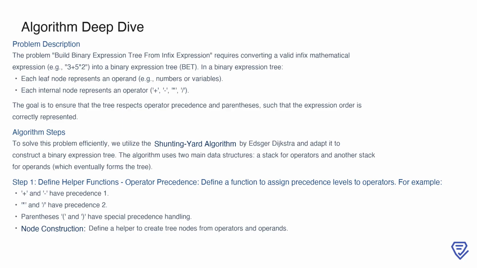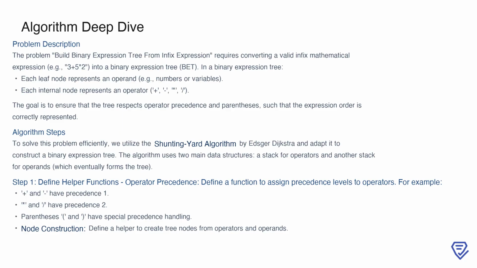The challenge lies in ensuring that the tree respects operator precedence and properly accounts for parentheses, so that the order of operations in the expression is preserved. To achieve this, we adapt the shunting yard algorithm, which was developed by Edsger Dijkstra. This algorithm uses two stacks, one for operators and one for operands, where the operand stack eventually forms the binary